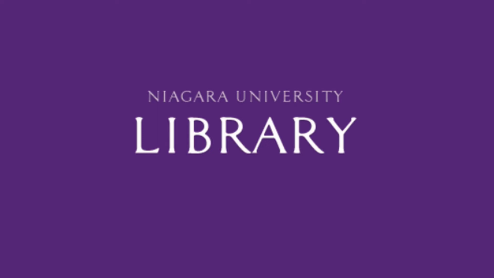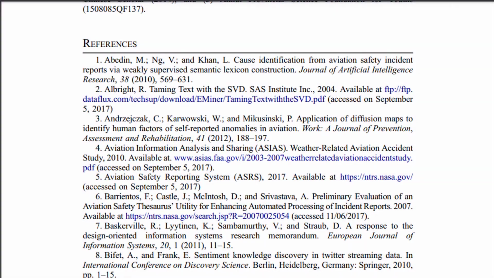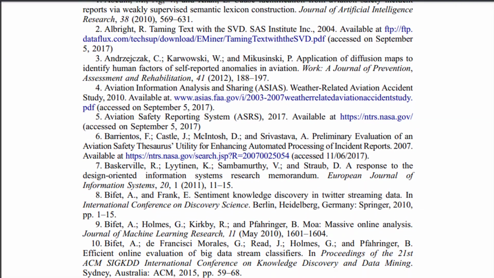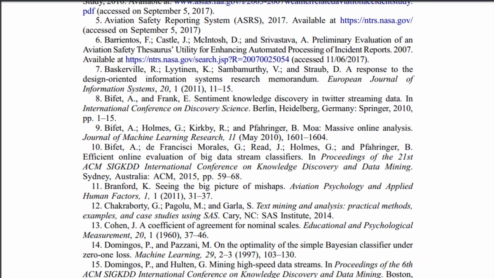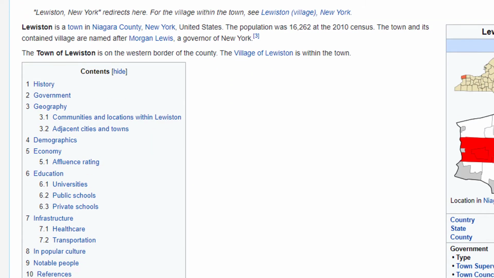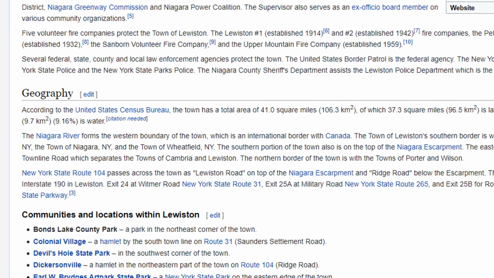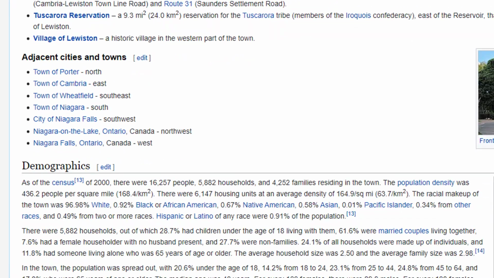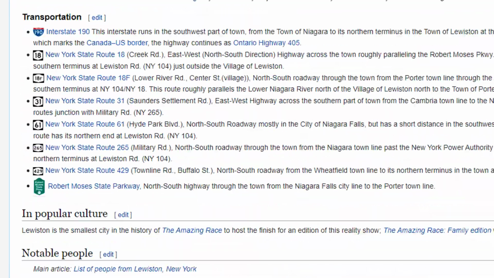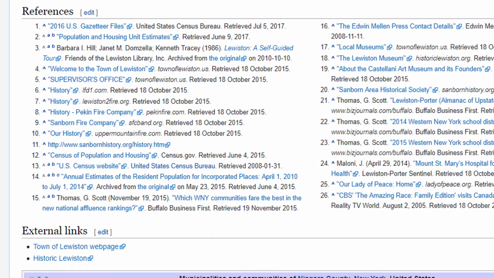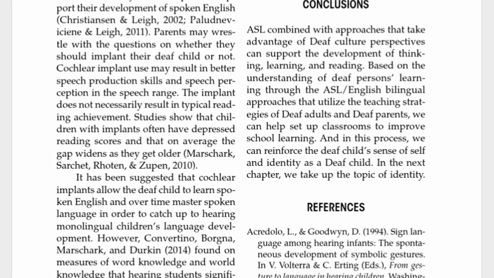So, you want to learn how to identify citations? As you do research, you'll notice that many articles and books contain references to other articles and books. Even Wikipedia entries contain references. These consist of citations to resources that authors have quoted or paraphrased in their work, or have used in research